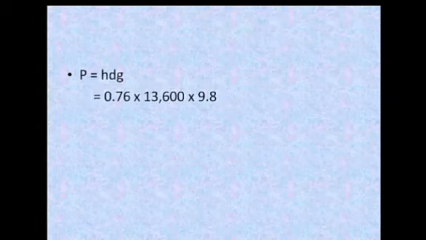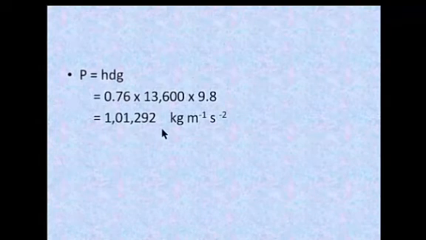P is equal to hdg. h is the height of the mercury level, d is the density of mercury, g is acceleration due to gravity. I told you h is 0.76 meter, d is 13,600 kg per meter cube and g is 9.8 meter per second square. By substituting these values, we can get the value of atmospheric pressure as